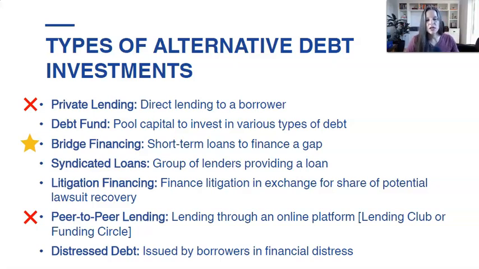So lastly, just distressed debt. I'll mention this one. This is when you've got someone who's borrowing money but is in financial distress. Like a company that has maybe already gone bankrupt, or is about to go bankrupt, and just needs emergency funding. The typical bank is not going to lend to them in most cases because they're too risky. There's too much of a risk that they won't get paid back. But you would hopefully be getting a very high interest rate on that loan because it's extremely risky. It's probably the riskiest type of investment you could make in debt, but you hopefully get compensated by a crazy high interest rate.